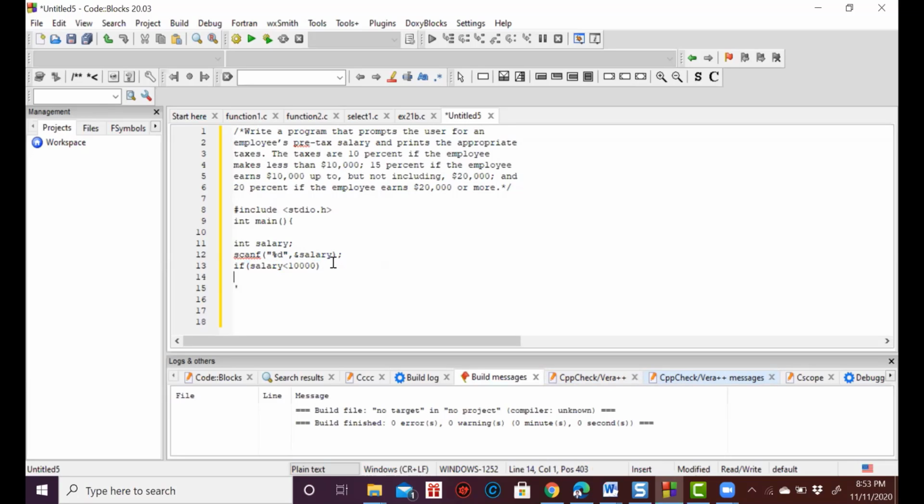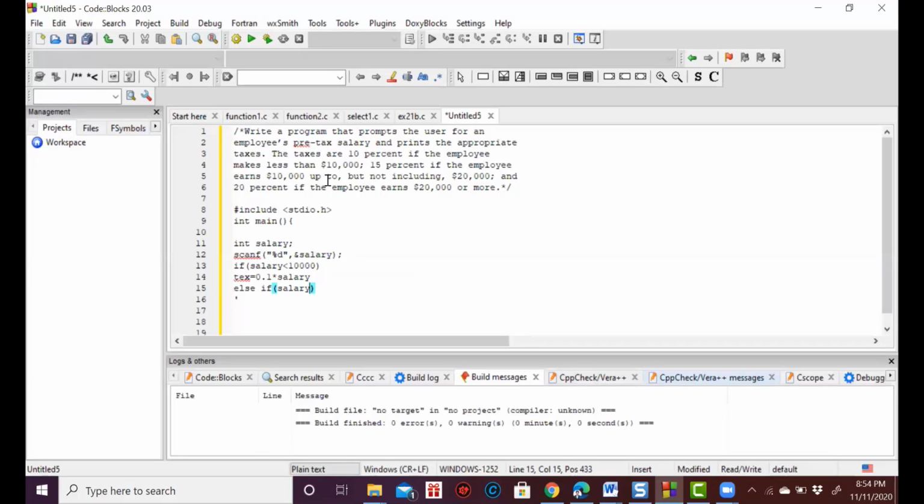So the tax equal to 10%. What is 10%? 0.1, right? Yes. Times salary. Okay. Else if salary